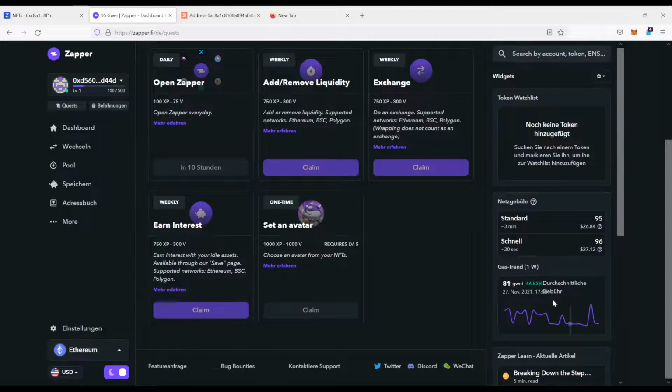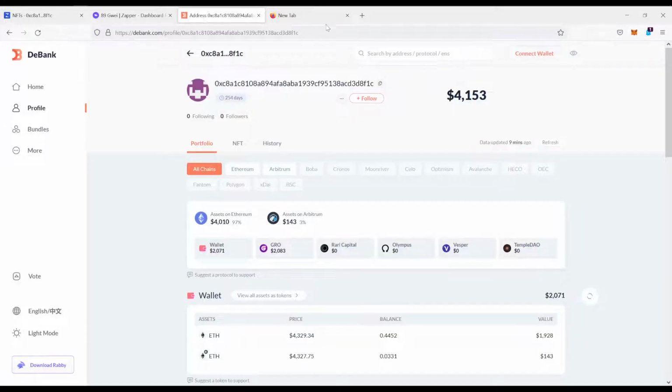But I like this a lot, so you have a nice little indication for how the gas prices are right now. I will do a separate video on how to track gas prices and how to check for the best time to swap, but it's going to be a separate video. Okay, let's come over here to